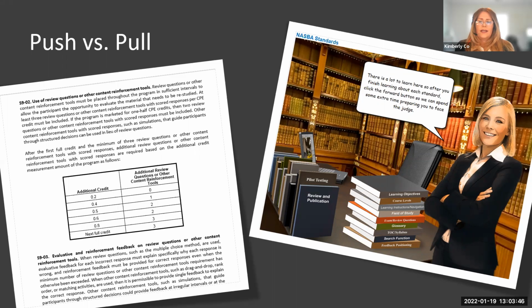But rather than putting it in any particular order or having text on the screen coming in to say, hey, here are the standards on 10-02 or whatever, we put them into the law library. Each book, I think there were 12 of them, or 10 standards, I can't remember off the top of my head. We basically put a stack of books in the law library, and they were able to learn the information themselves. They got to click it however they wanted. So they were pulling the information about each of those standards instead of us pushing that information to them. So it was really cool.